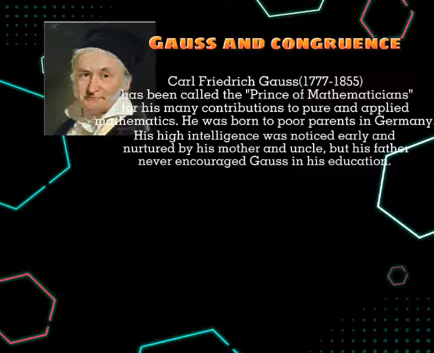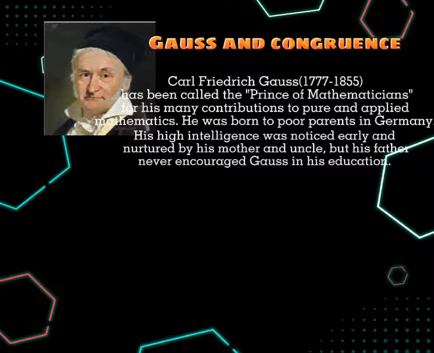Gauss and congruence. Carl Friedrich Gauss, 1777 to 1855, has been called the Prince of Mathematicians for his many contributions to pure and applied mathematics. He was born to poor parents in Germany. His high intelligence was noticed early and nurtured by his mother and uncle, but his father never encouraged Gauss in